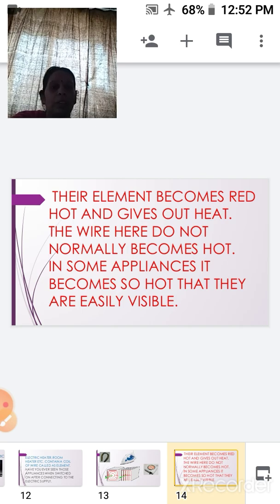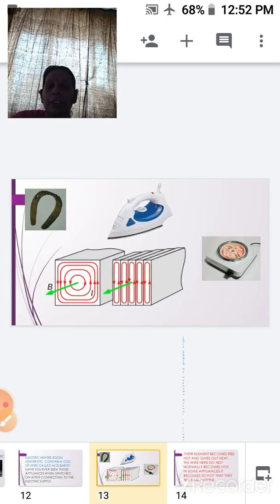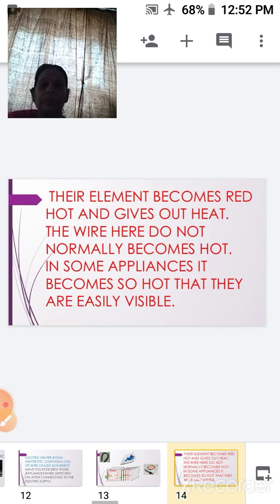From outside you cannot see that the element is hot, but in an electric stove, electric heater, and electric kettle, you can see that the element becomes very hot and is red in color, as shown here in the picture.